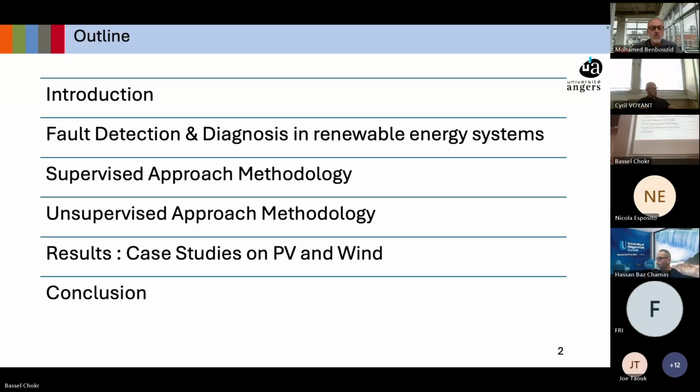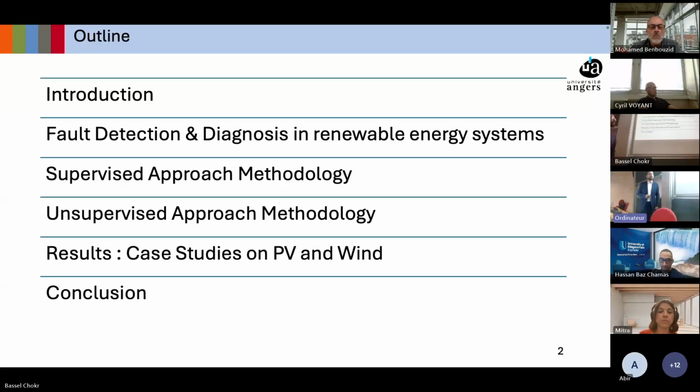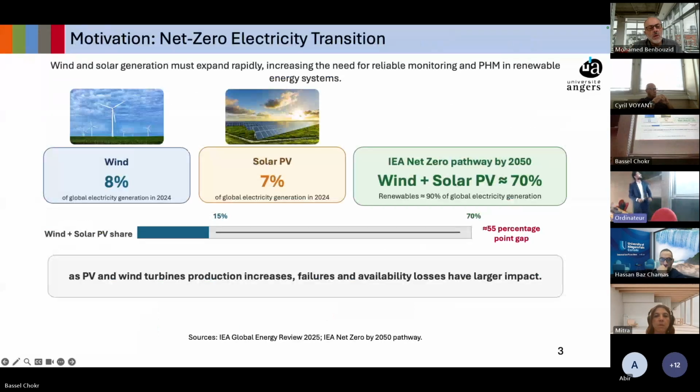Approach methodology, then presenting case studies on PV systems and wind turbine systems, and then I will be proceeding to conclude. So I will start with the motivation of this work. It was under the net zero goal of carbon emissions by 2050. And that goal needs us to act fast in order to be producing more electricity from clean sources, especially as